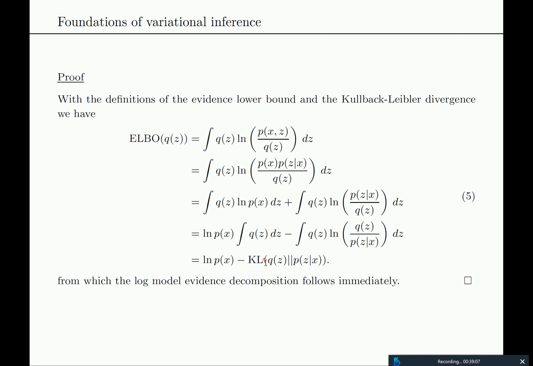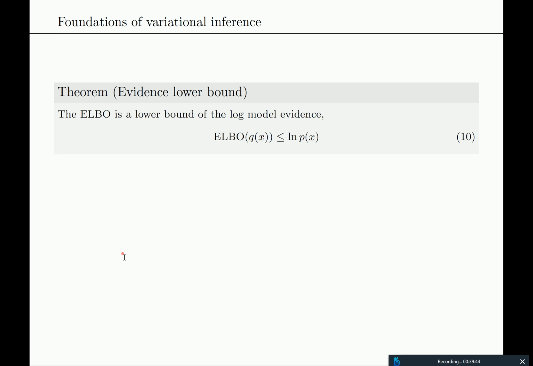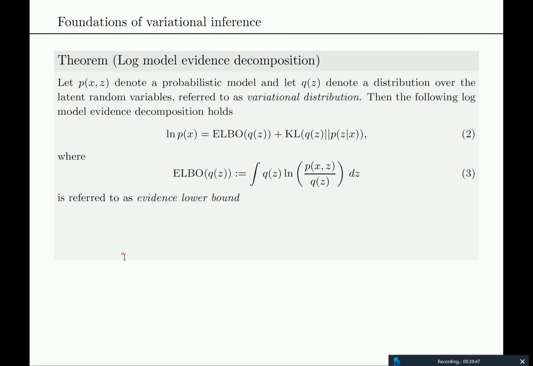You can spend a long time thinking about this definition, and maybe there are better ways to think about it, but the way I think about it is this: you want to do the log model evidence decomposition, you have the KL divergence, and if you define it like this, the log model evidence decomposition works. If you define this differently, you would have a different log model evidence decomposition. Good. Questions about this log model evidence decomposition at this point?